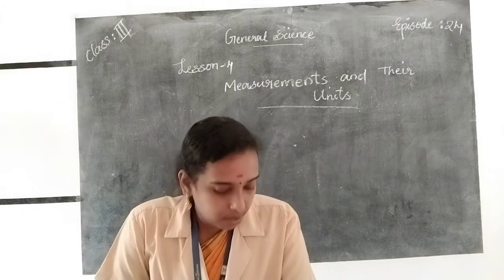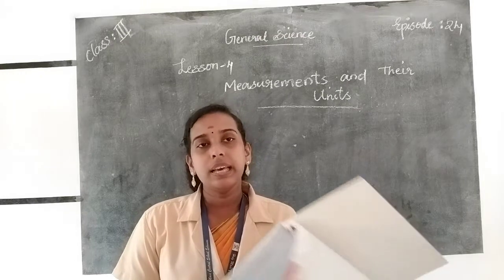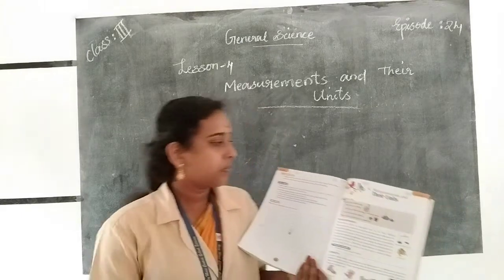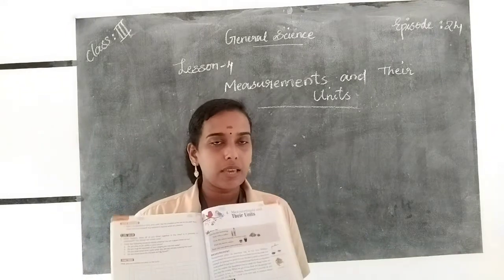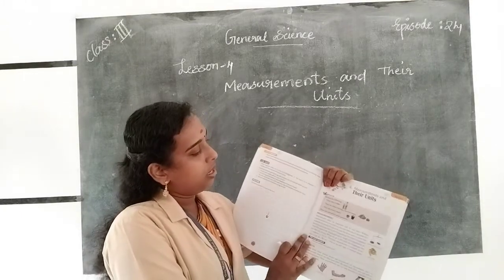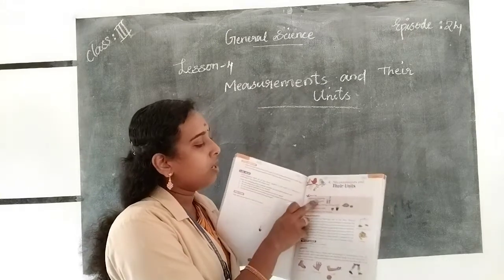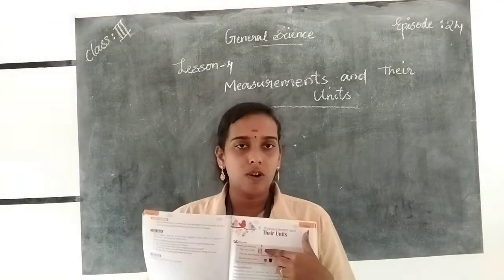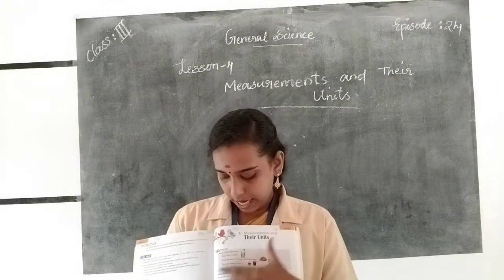Okay. And here in your textbook, before starting our portion, there is a startup section given on page number 125. Answer the following. Here some pictures are given, and we want to identify the following. The first one is a picture of two people. We want to identify the taller one. Who is taller here? Okay, the second person is taller as compared to the first person. So tick on it. Then the next question.